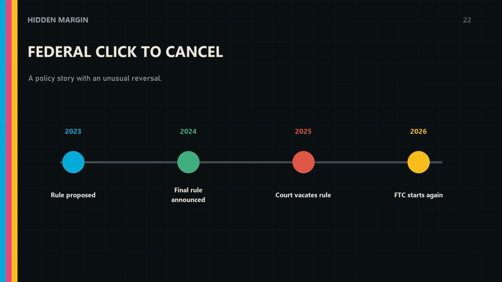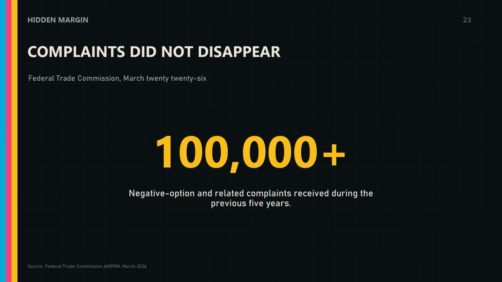Then the policy story reversed. A federal appeals court vacated the amended rule in July 2025. The broad national standard disappeared before becoming the stable baseline many consumers expected. The underlying disputes did not disappear with it. In March 2026, the Commission started the rulemaking process again and requested public input. It reported receiving more than 100,000 complaints about negative options and related practices over the previous 5 years. The agency asked whether to retain the older rule, revive parts of the vacated rule, adopt different provisions, or rely